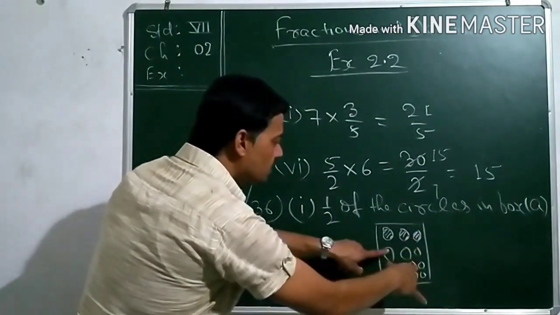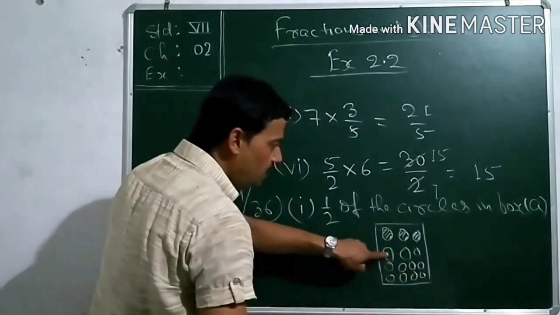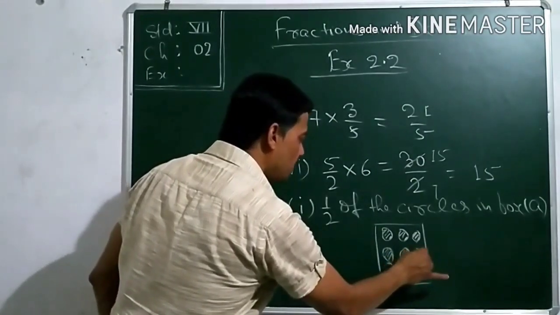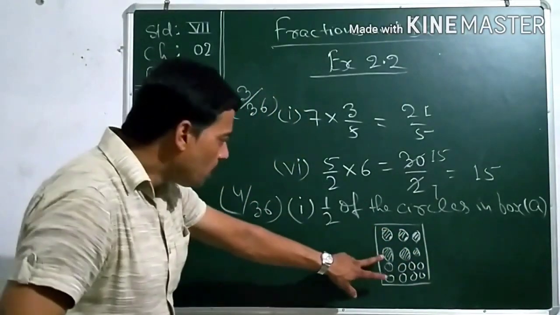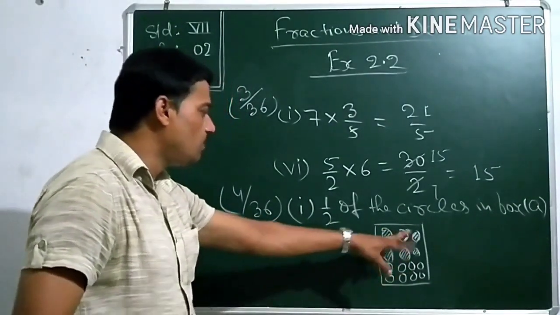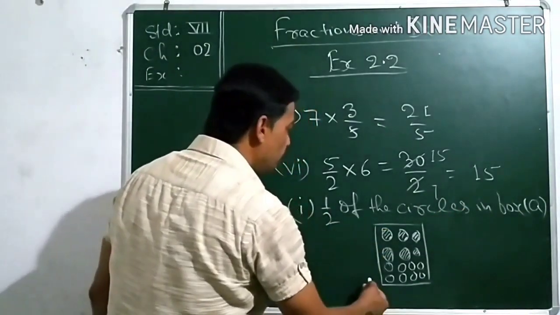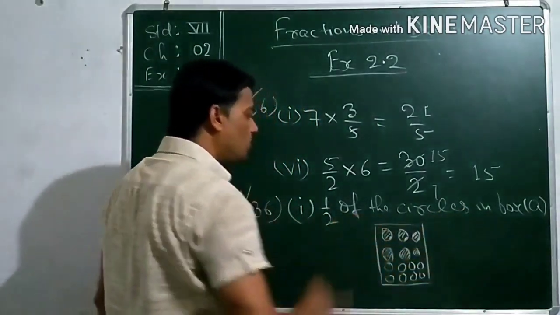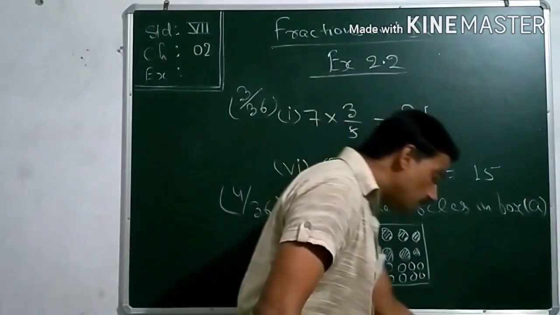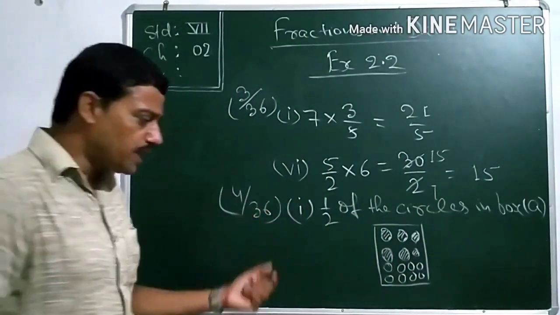Once again, if you set one box here out of 2, then one row will be filled up for convenience. Let us fill up this one row. In this way, we will get 1 out of 2. All everywhere 1 out of 2 is filled up. That means how many boxes are filled up? 1, 2, 3, 4, 5, 6. That means 6 boxes we could fill up. Now similarly, as I have shown you the first one, the second and third you can also do.